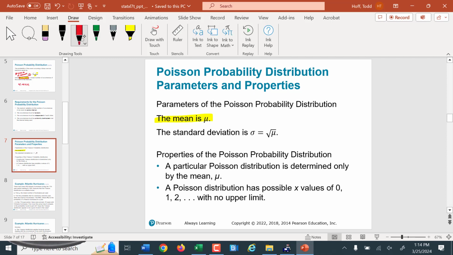The standard deviation then can be found in this. This is the only distribution that has this quality. The standard deviation is just the square root of that mean, the square root of mu. So the properties of a particular Poisson distribution is determined only by its mean. So that's the only parameter that matters in calculating